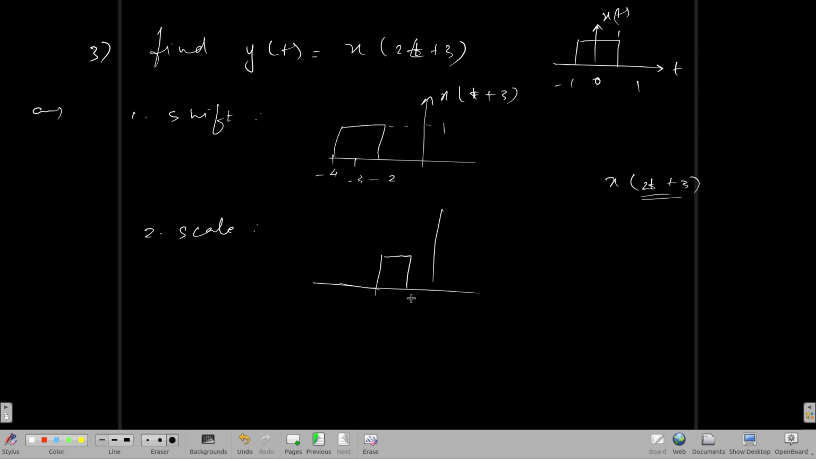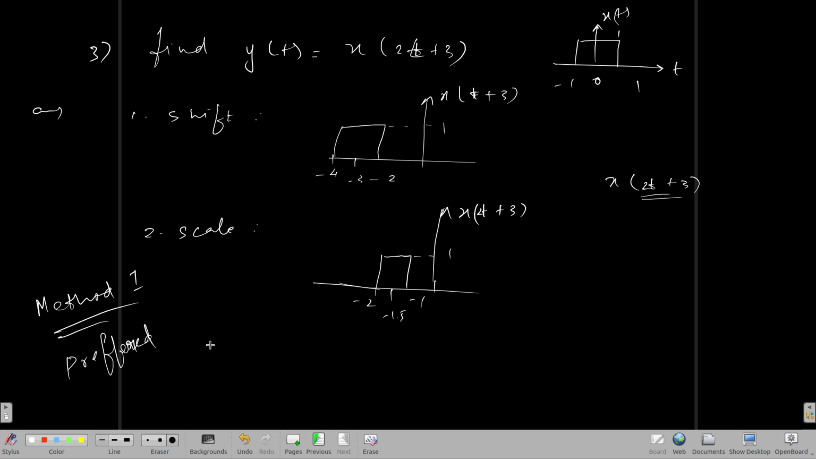So it will be narrower, right? So it will be minus 1, minus 2, and this will be minus 1.5. This will be 1. It won't change. So this is x of 2t plus 3, right? Actually you can do this. This is our method 1, and this is the preferred method, because you can use this method to apply in the discrete domain also, right? And the next method I'll give an example how you can first scale and then shift,